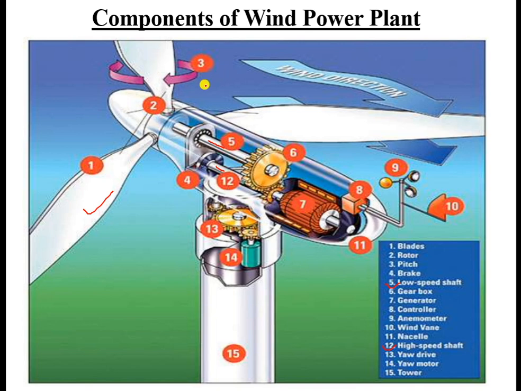Whenever wind is blowing at some particular kilometer per hour, whatever the required conditions available at that circumstance, in turn it rotates this rotor, this small low speed rotor. This is the bearing, which is available for supporting purpose. To this rotor, this big gear is mounted. This is the sixth one, the gearbox. This gear in turn meshes with a smaller pinion, on which this number 12 is nothing but the high speed shaft.